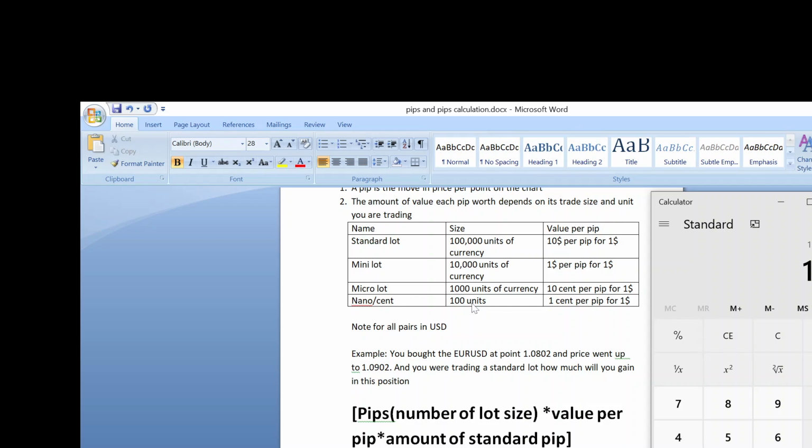Let's go to a complicated example. Let's assume we are entering the trade with $0.56 and price moves all the way from this point to this point. Let's assume price moves from 1.0802 to 1.0991. So first of all, you calculate your pips. Now, since we are buying and price went up from 1 point, went higher, so it will be going to be